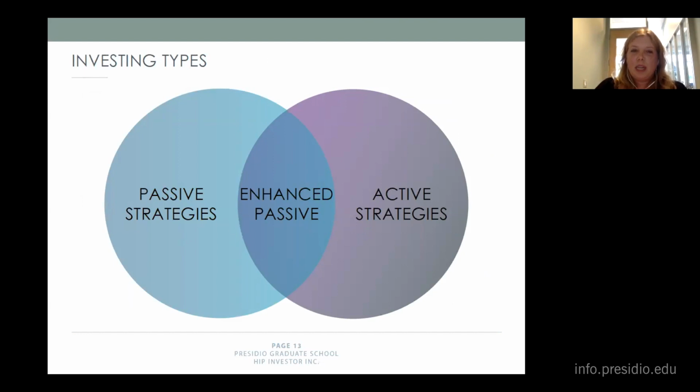So besides passive investing and active investing, you can also use an enhanced passive strategy, where in some cases you add another layer of screening to a passive strategy, so you aren't just completely mimicking an index, but you aren't using some of the active techniques that I discussed, like hedging and some of the more advanced stock buying strategies. The HIP 100, which Danielle will be talking about in a bit, falls into this category.